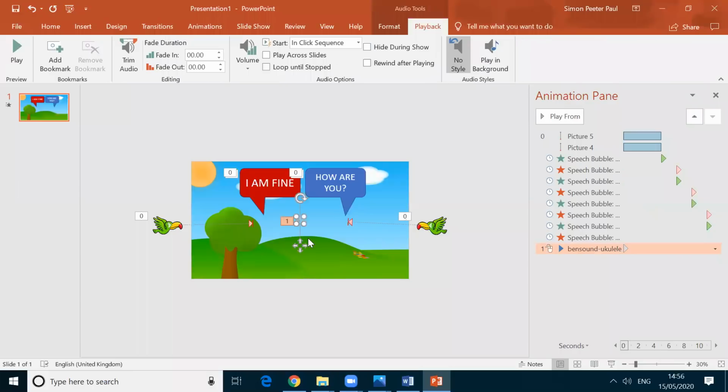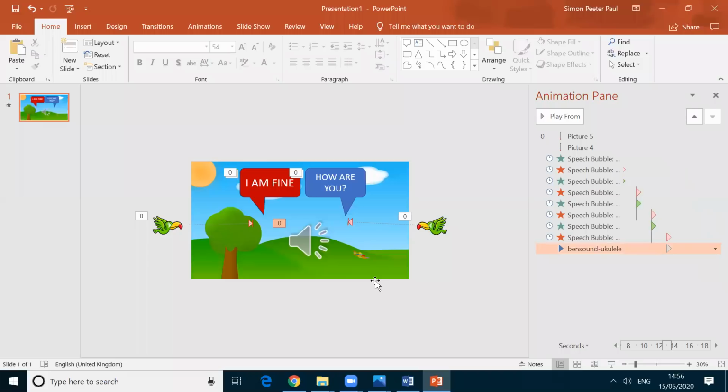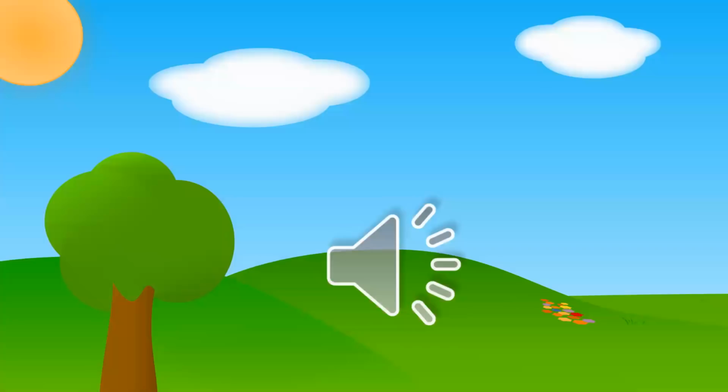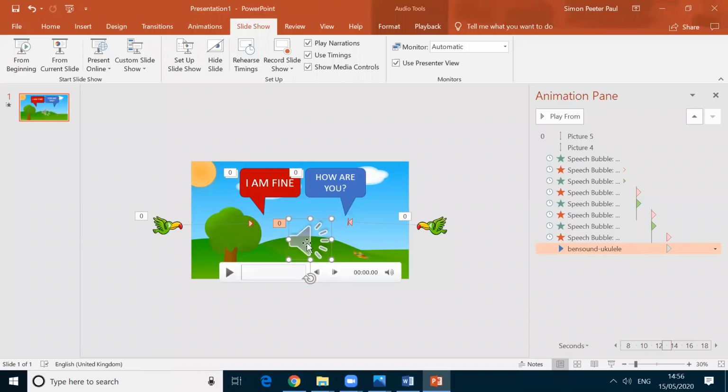I added this sound. I am moving this sound. Sorry, I don't want this one to be displayed. Okay, let it be here. It has to start when the animation starts, so I click start with previous. Please note it down. I added one music and I want to start it with previous. Now I am previewing the slideshow from the beginning. See here, it is getting displayed. So I am getting outside.